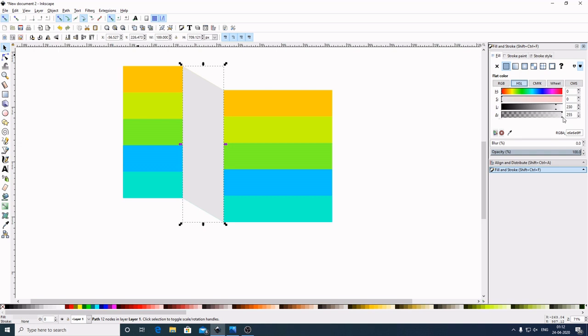Now bring this to the leftward, or we can simply click it here and give it a value of 120, or let's say 150.